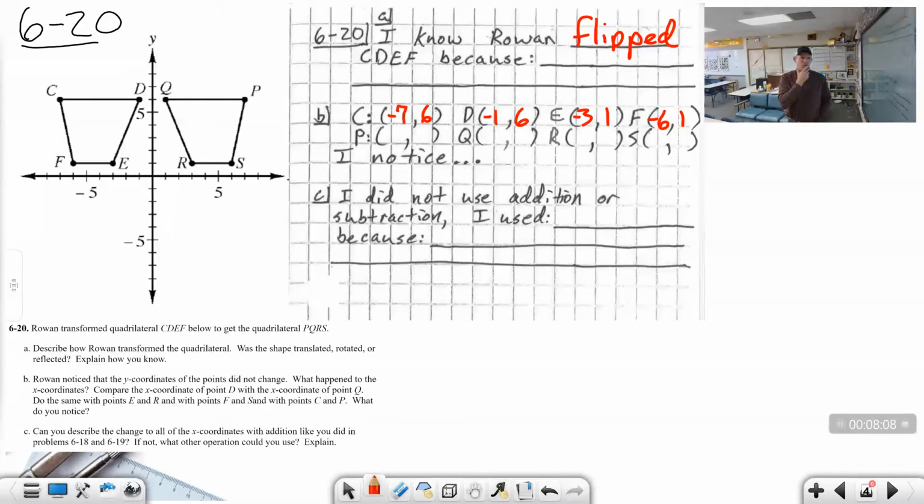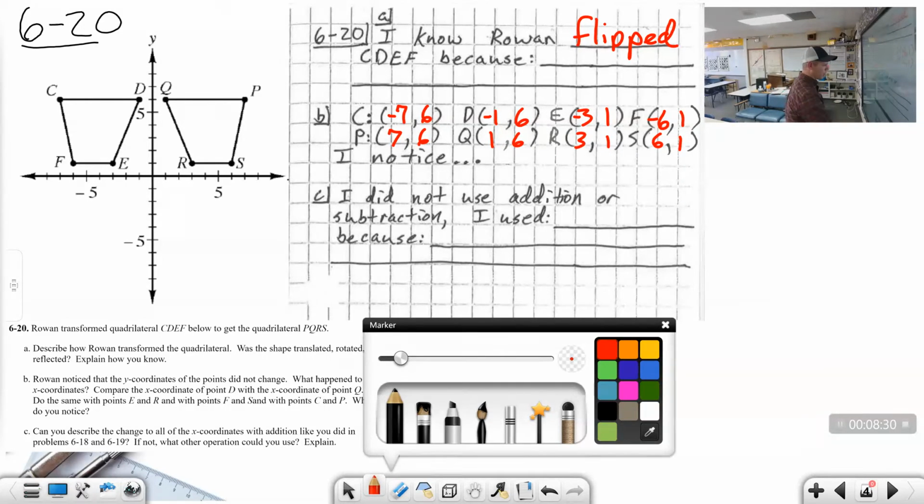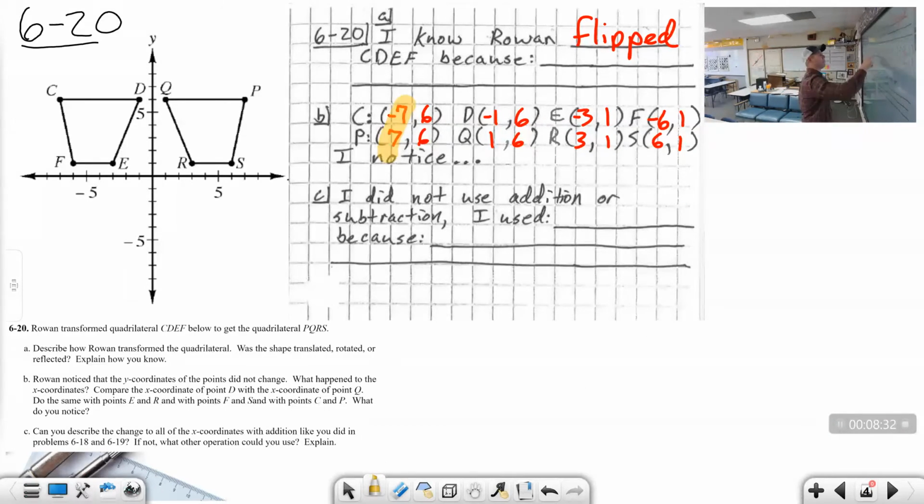Okay, here's what I want you to do. I want you to look at P, 7, 6, Q, 1, 6, R, 3, 1, and S, 6, 1. What happened? What happened there? Pause the video. Think, what happened there? Okay, after you pondered this for a second, you should notice that my